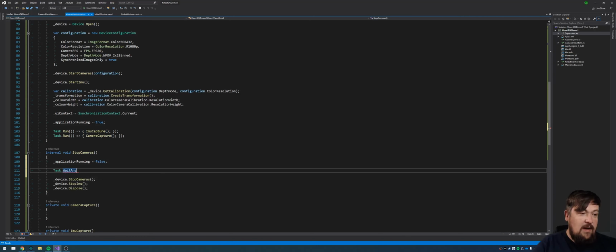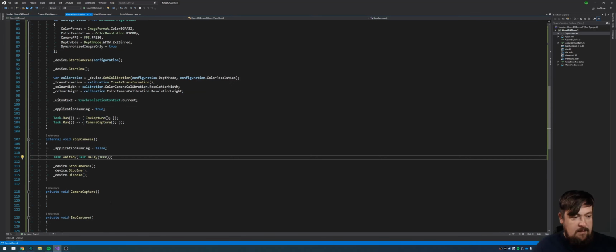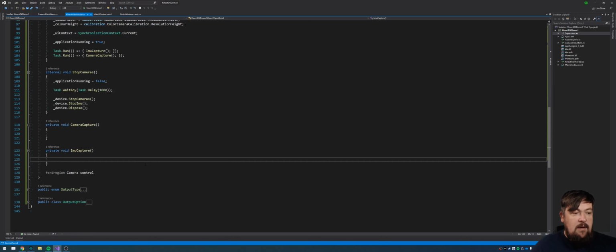We'll just wait for a second to give those loops a chance to tidy themselves up, to allow each of those loops to clean themselves up. Okay, so as I mentioned,